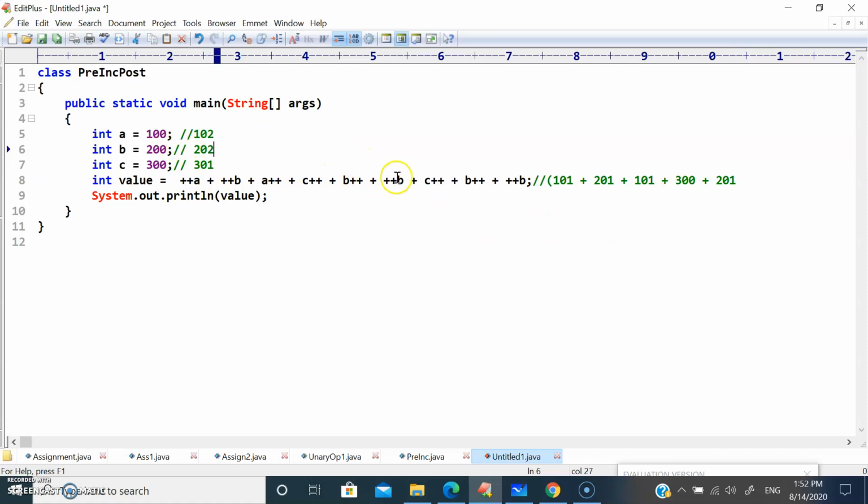Again we have ++b. So ++b in the sense we will be having 203. Even your B value is going to be updated to 203. Again c++. What is c++? We have 301 here. So here it's going to be 301. Here it's going to be 302. b++. What is the B value we have? The B value we have is 203. Now it's going to be updated to 204